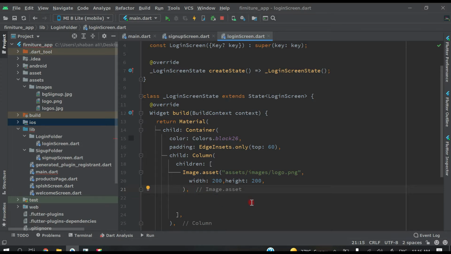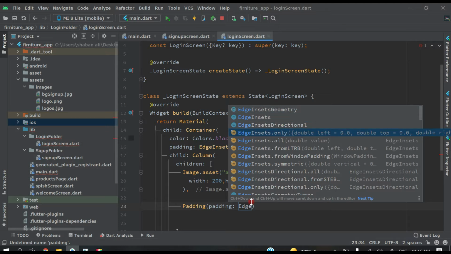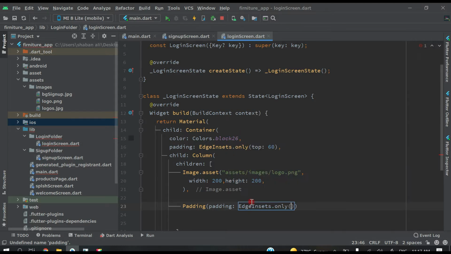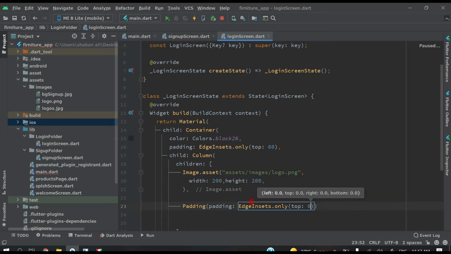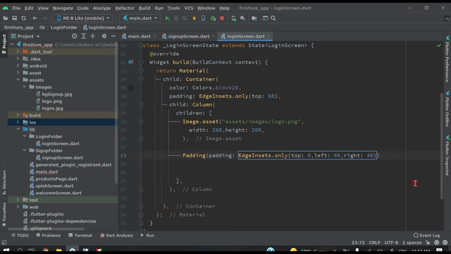So after this Image.asset closing here, let's give one Padding and EdgeInsets.only, top will be 0, left will be 40, right will be 40, like this, and put a comma here first and after this also. And let's break this code here like this.